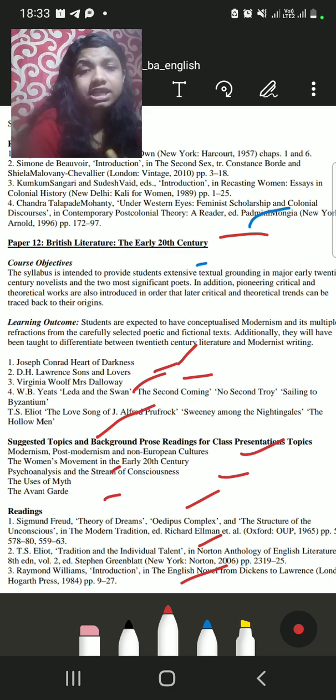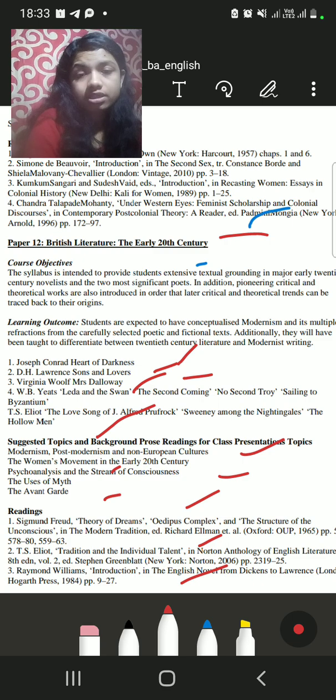The Love Song of J. Alfred Prufrock is one of the most famous poems written by T.S. Eliot, published in 1915. Then there's Sweeney Among the Nightingales, also written by Eliot. We'll deal with this. Then in this context, as I told, modernism, postmodernism, you are supposed to know. You are not just ending there knowing that modernism comes first, then postmodernism comes, that's why it's postmodern. That's not it.